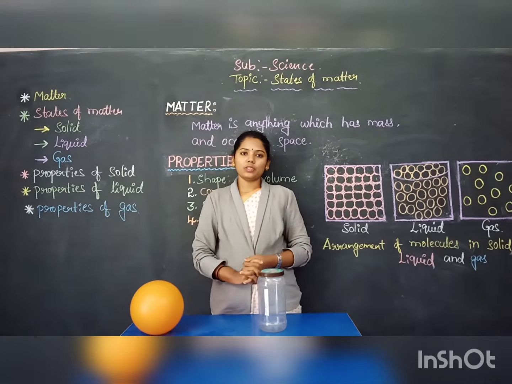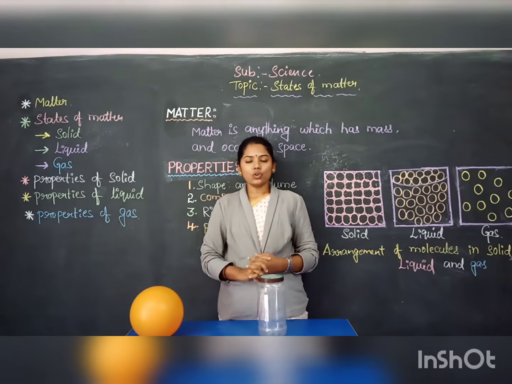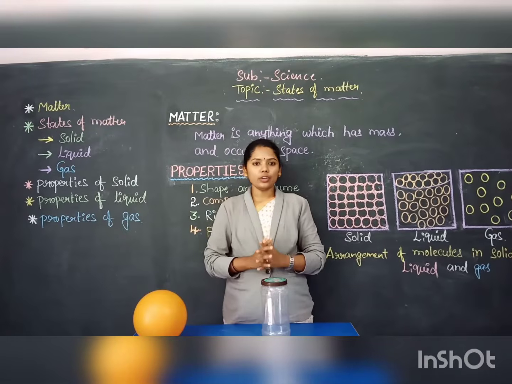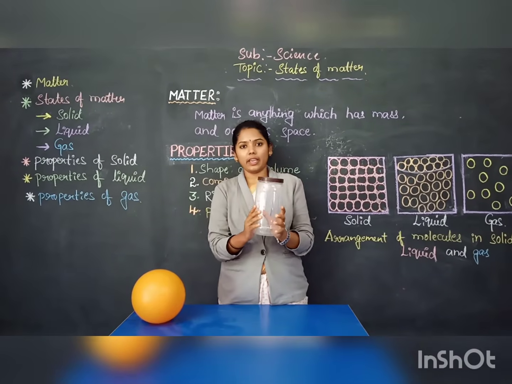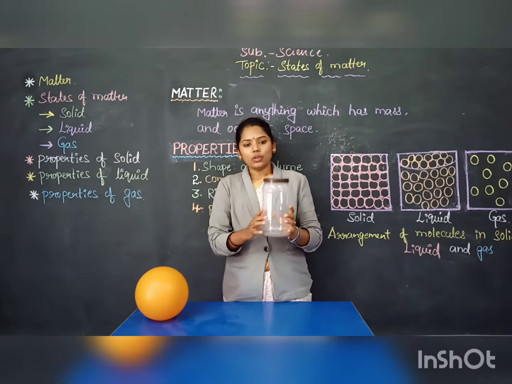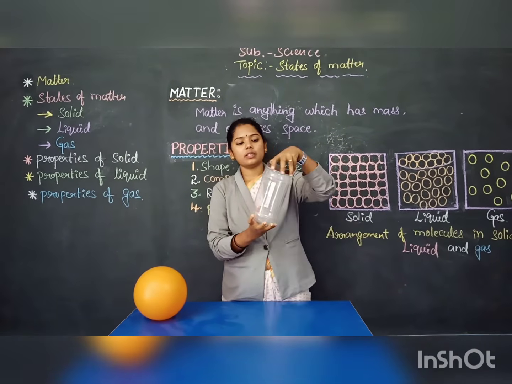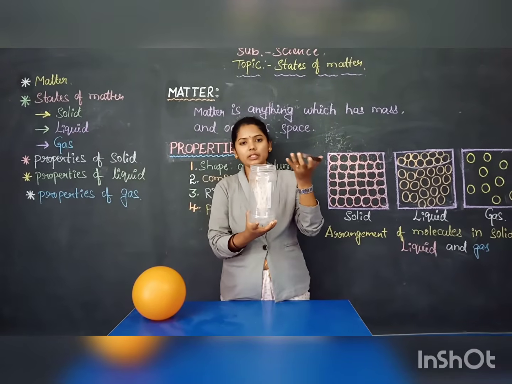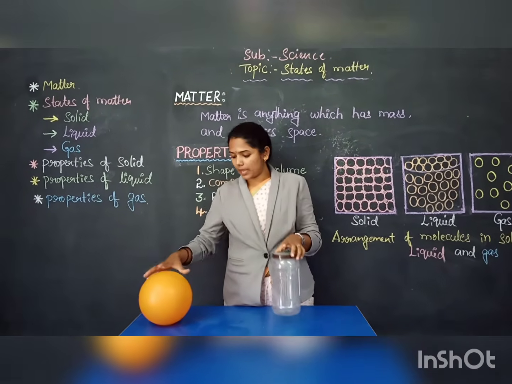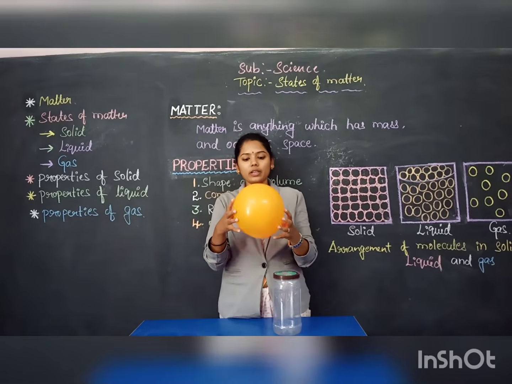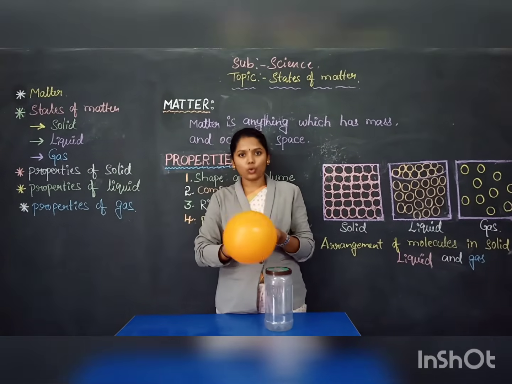Now, let us discuss the properties of gas. You know that the first property of gas is that there is no definite shape for the gas and no definite volume for the gas. Here we have a container filled with air or a gas. You can see there is no particular shape for this. When we open this, the gas will go out of the container. Only when we close it, it will take a definite shape. As you can see in the balloon also, it will take the shape of the container or the material when it is closed.